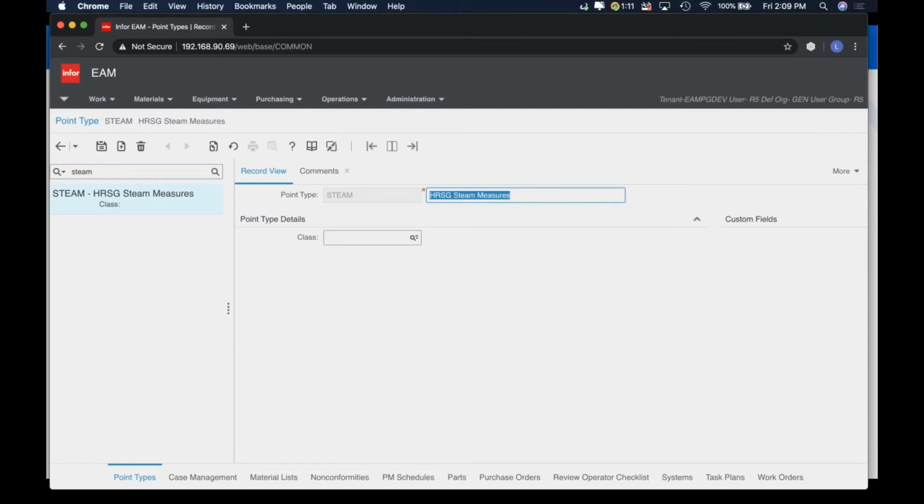Out of those measurements, we have a point type because probably we have different sets of points that we need to measure, right, on that specific nonconformity that we are observing. So in that end, we use the point type